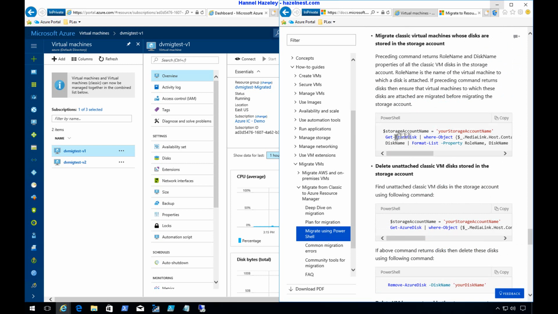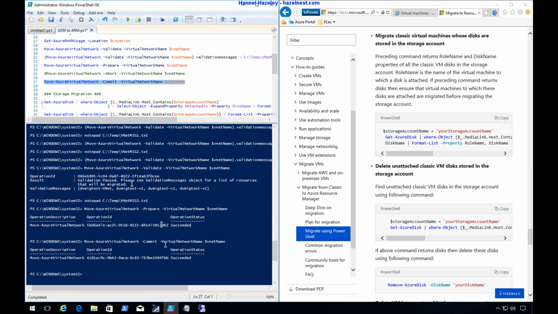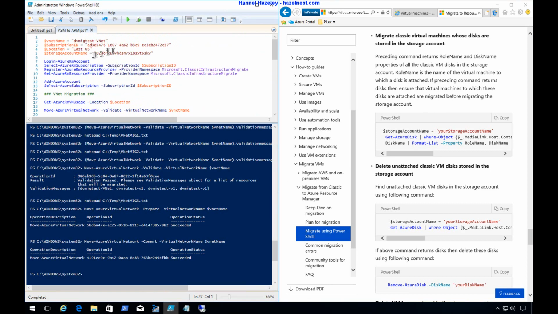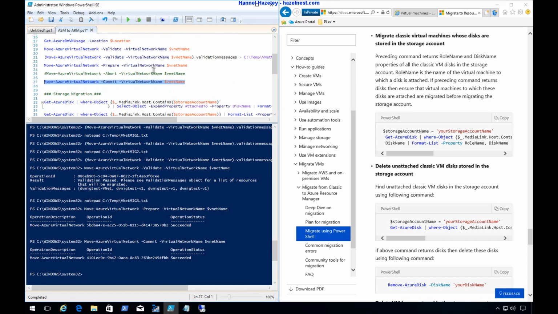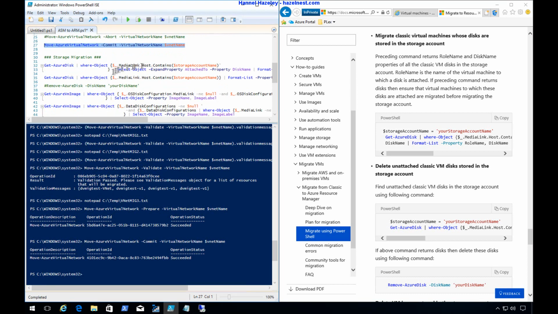Here it says to set the storage account name, which we've already done in the beginning when we set all our variables. This is the storage account name. So this first section here